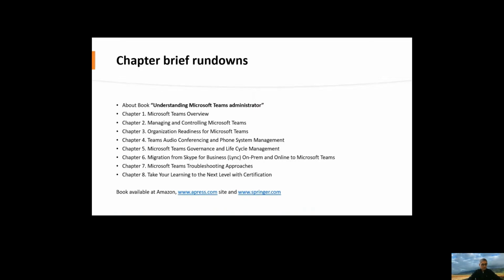Chapter 6 specifically gives the migration coverage. Migration from Skype for Business on-premises and online to Microsoft Teams. This chapter covers pre-migration readiness, understanding the migration path and coexistence with the different modes that Microsoft made available for the customer, so that they can design and select the required mode for their organization.